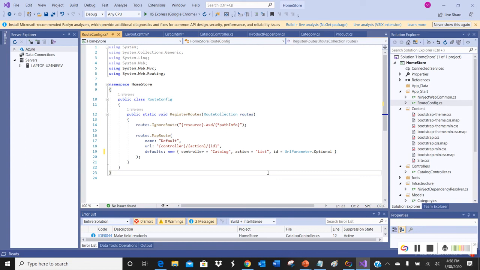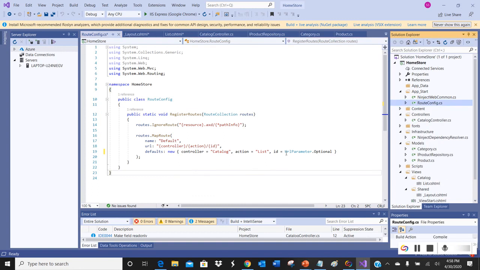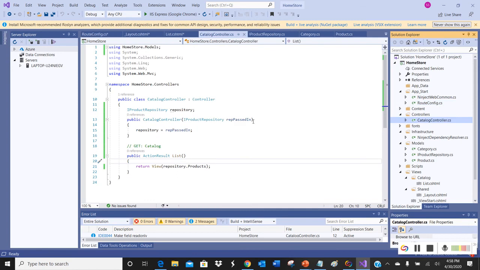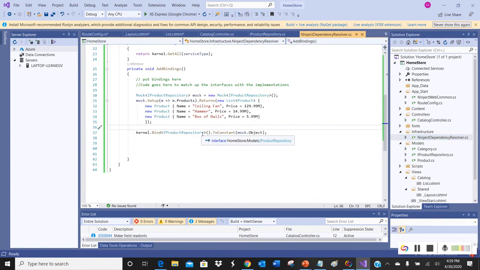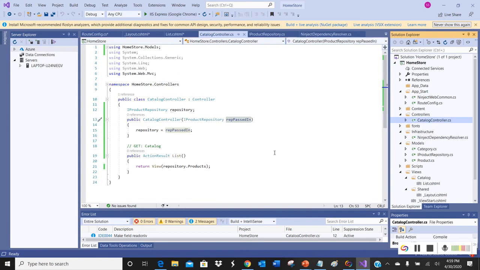So let's see, do we have everything set up? I think we do, because the routes are set up here. We have this catalog controller that is going to ask Ninject, where's my repository? Where do I go and get the data? And Ninject is going to say, well, anytime your application is talking about IProductRepository, just assume that this is the data there. So that's what gets passed in. Then this is the method that is run,